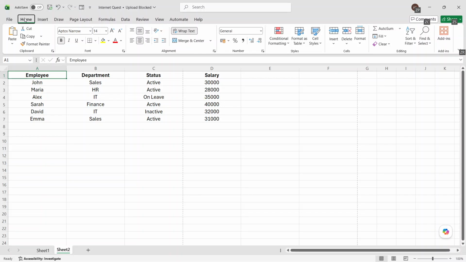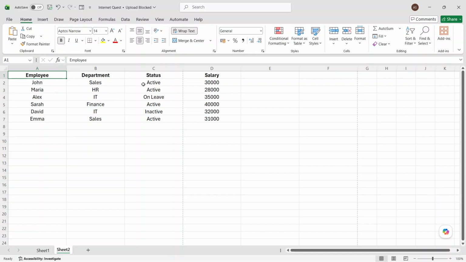In today's video, I'm going to teach you how to insert a watermark in Microsoft Excel. To get started, open the Excel file where you want to add the watermark. This is important because the watermark will be inserted directly into that worksheet's header area, which is how Excel allows you to simulate a watermark effect. Unlike some other Microsoft Office apps, Excel doesn't have a dedicated watermark button, so this method is the standard way